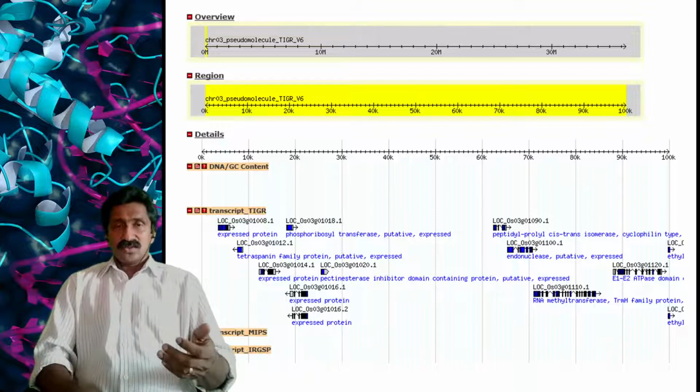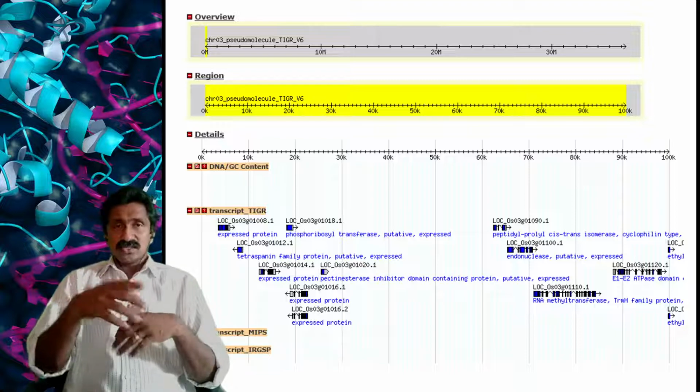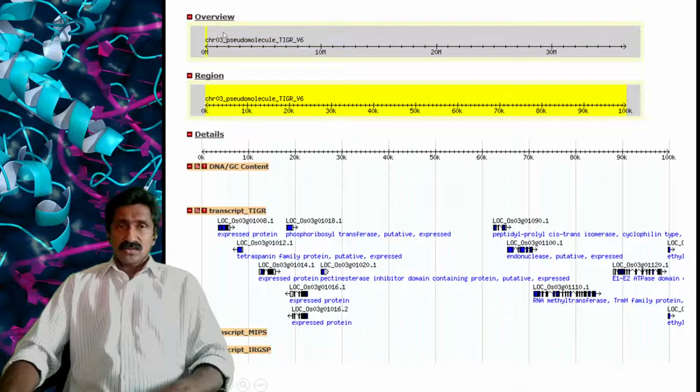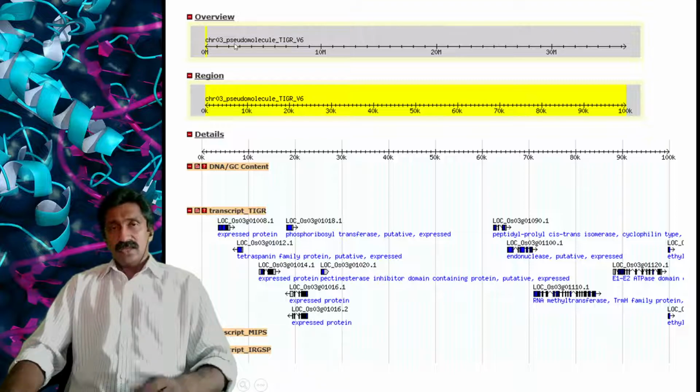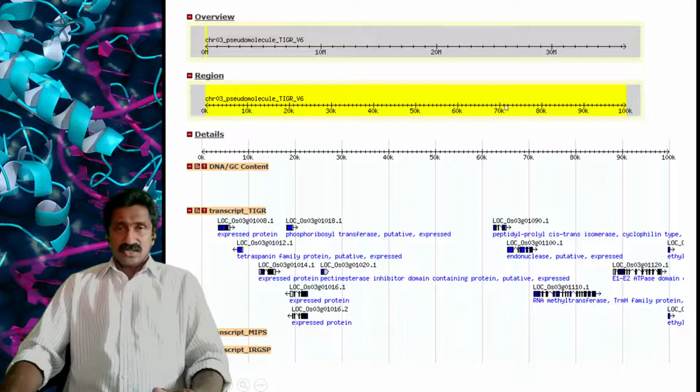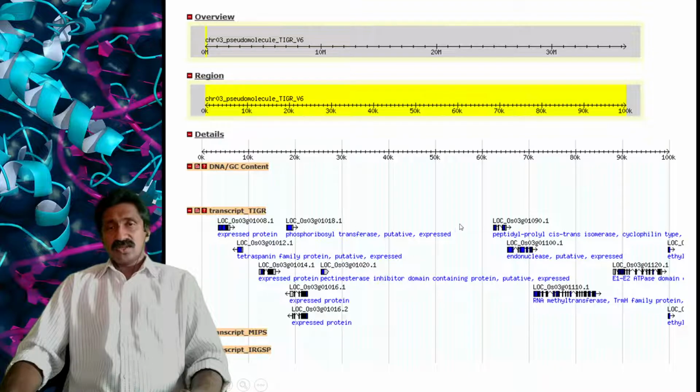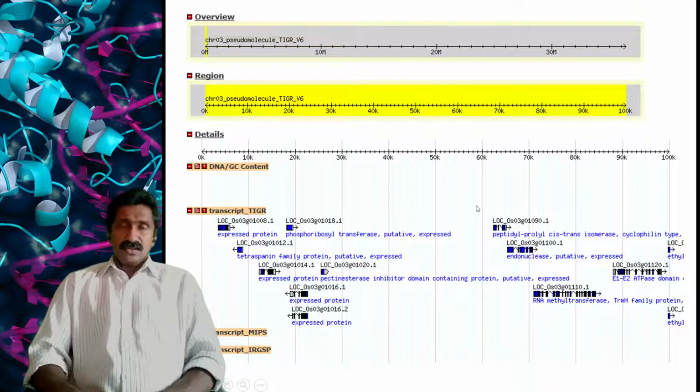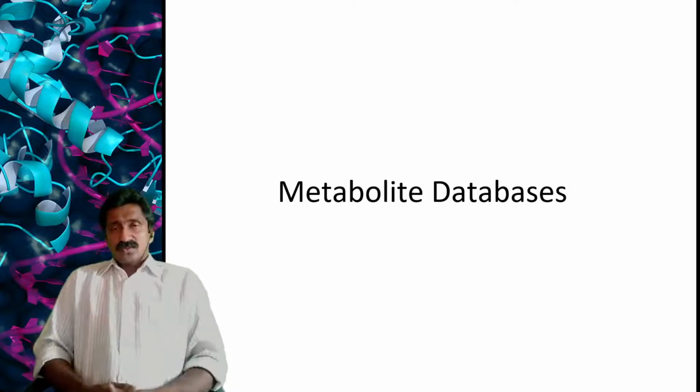So you can see that if you open one of the chromosomes, this is chromosome 3 as shown here, and that molecule is open. And if you select one of the regions, for example, from the start point here, if you select a region from the top, then subsequent selection will be available in the next region, and in that particular selected region, the detailed descriptions about the different genes and loci present are available in the graphical interface. So that's about